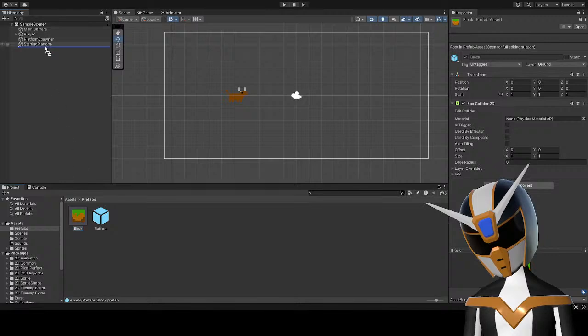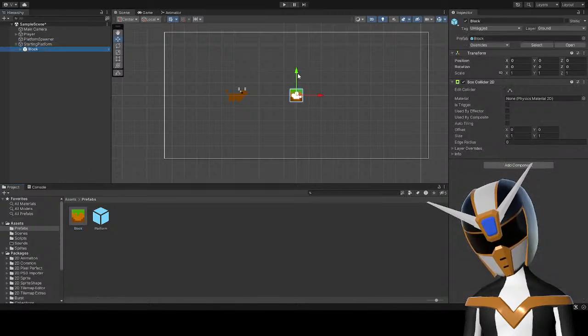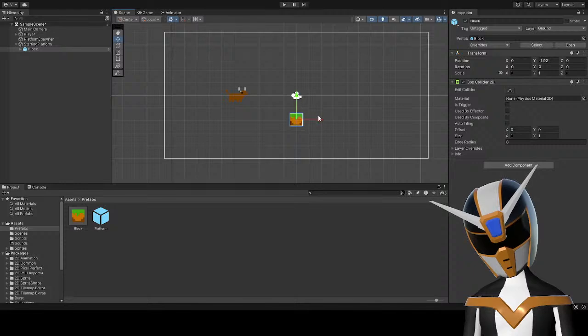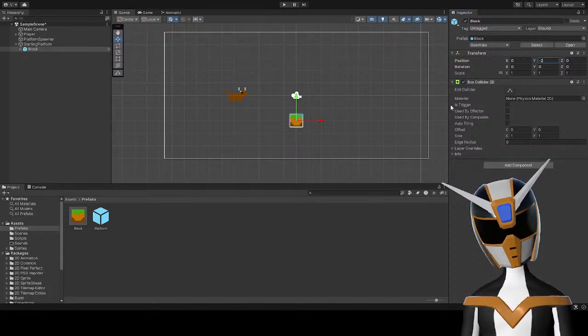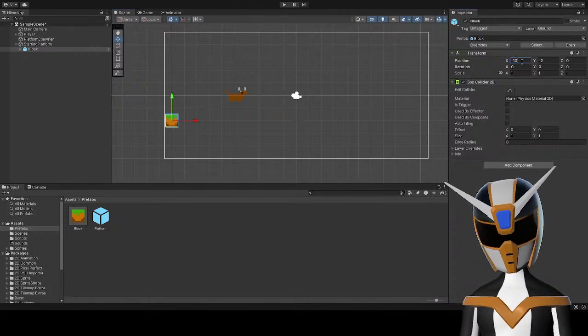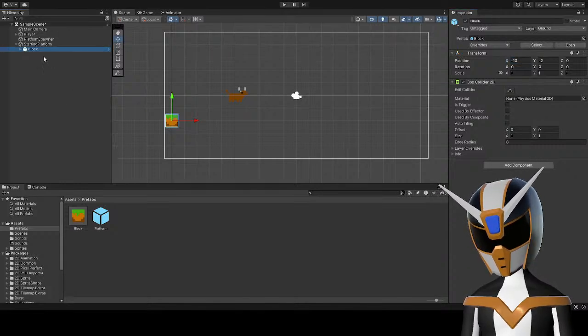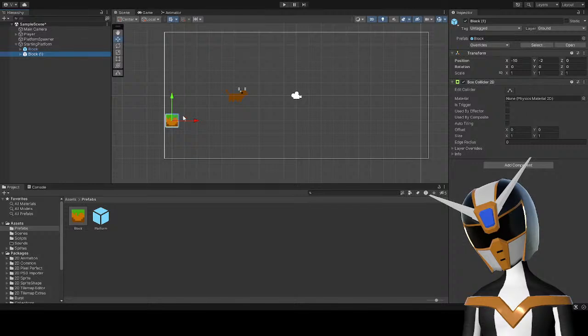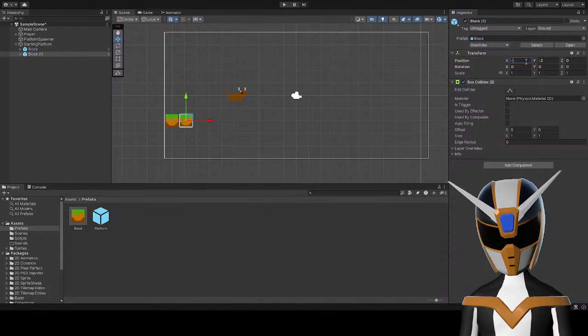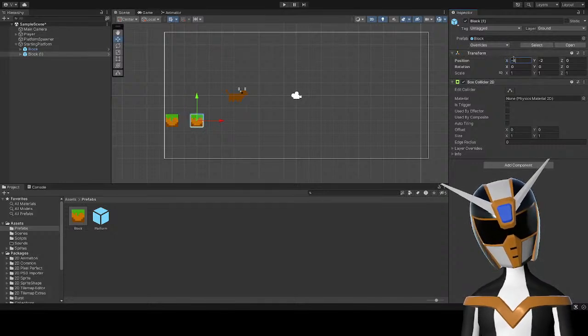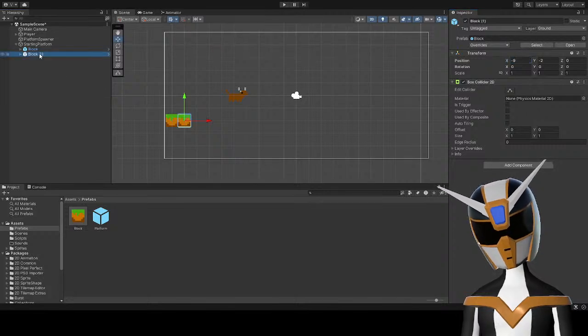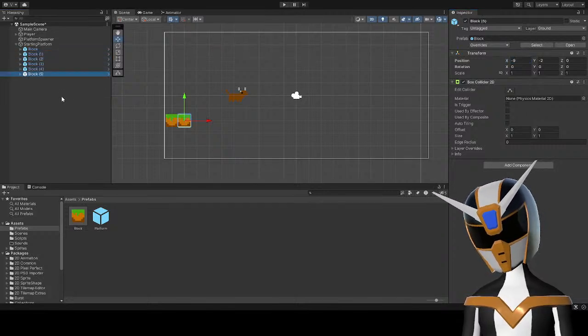And then let's just add in a bunch of blocks to the starting platform. Like minus 10, minus 9, let's just add a bunch.